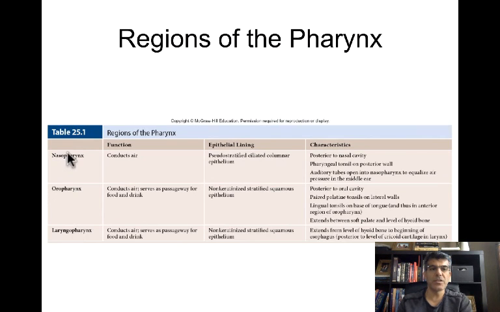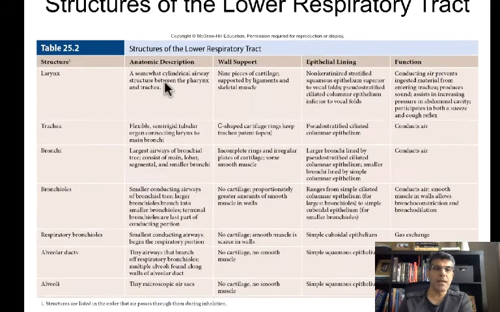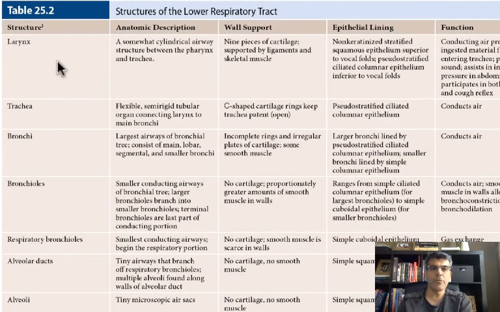This table shows different parts of the pharynx and the epithelium that lines those areas and some characteristics. We went through this one already, so you can use this table to summarize that information. In this table, however, you have the rest of your respiratory system, starting from the larynx all the way to the alveoli, and it tells you what type of epithelial tissue you have in each one of them. So let's go through this one together very briefly, and we're going to talk about each one of them in detail in a few minutes.